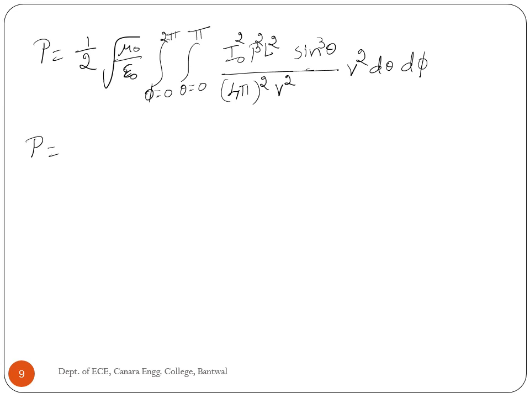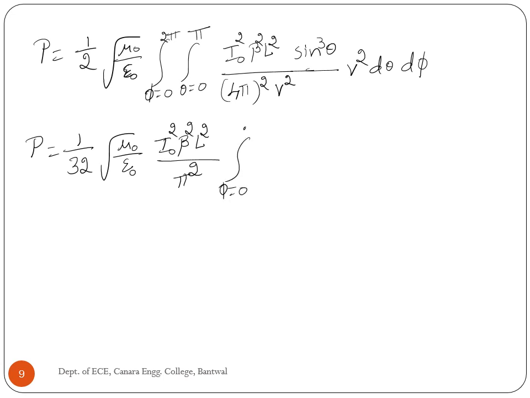Therefore, P equal to 1 by 32 root of mu naught divided by epsilon naught I naught square beta square L square divided by pi square